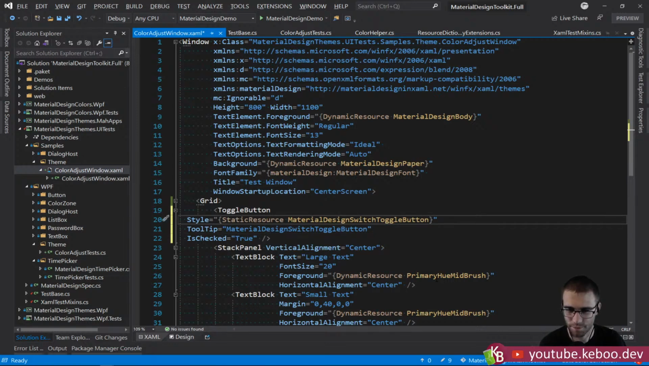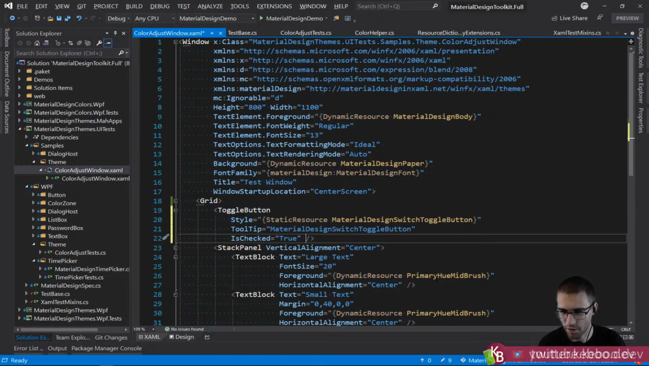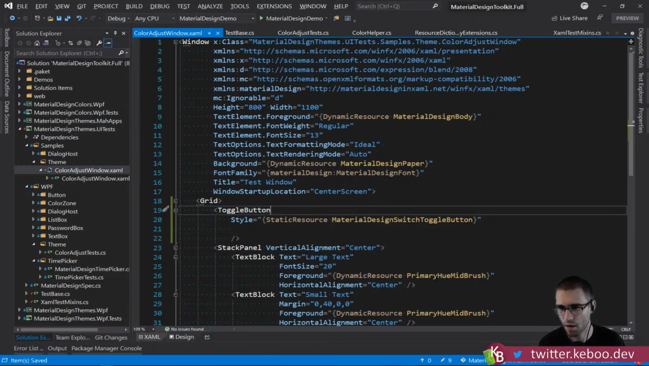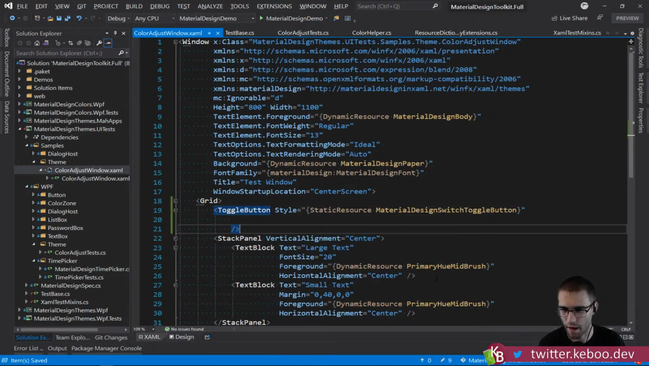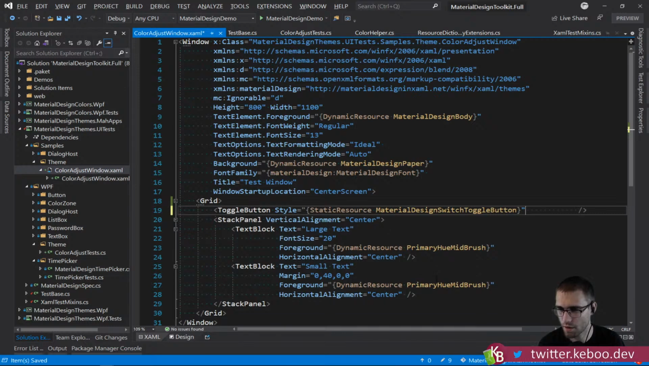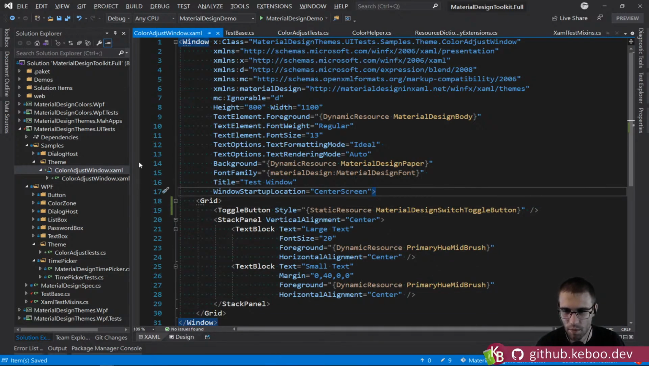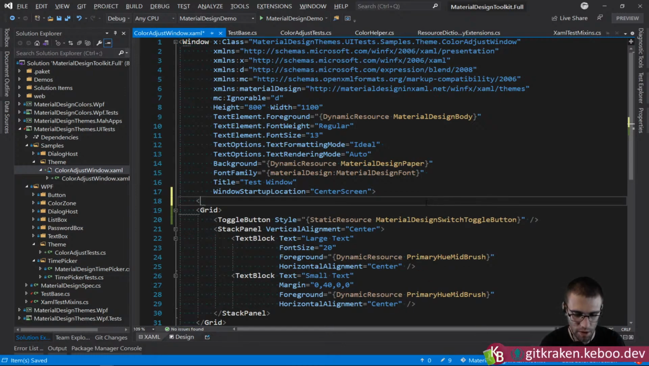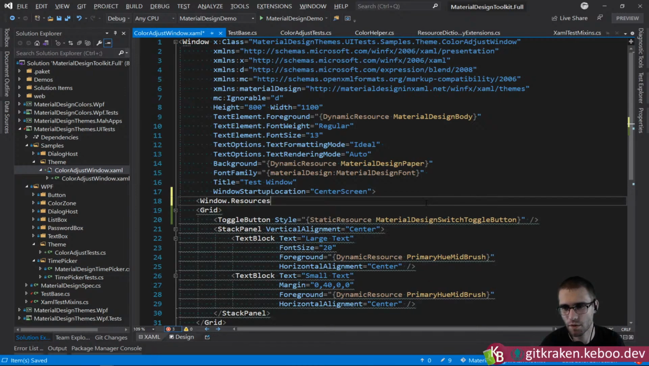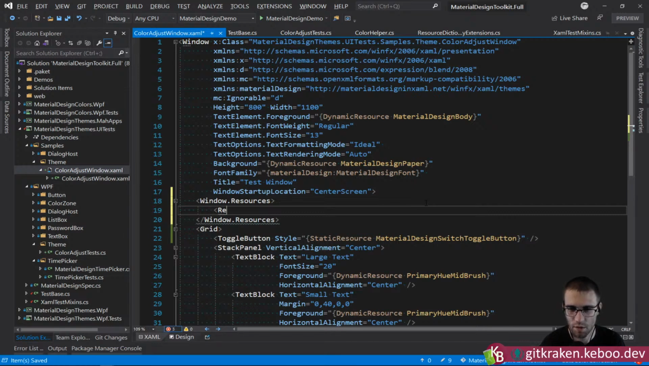Let's see. Do not start as checked. Get rid of that tooltip. This is fine for that. We are going to need to reference a second resource dictionary. We will grab that in a moment. Actually, let's grab it first. So it's going to be window resources, resource dictionary,